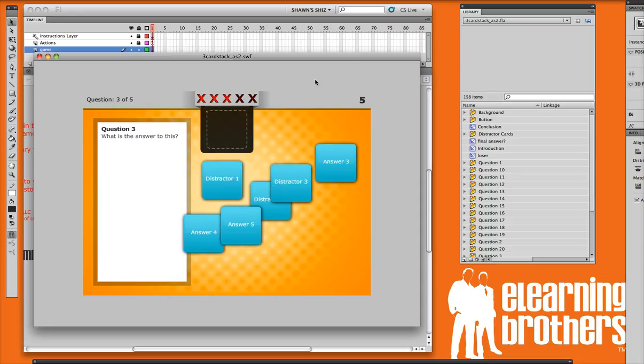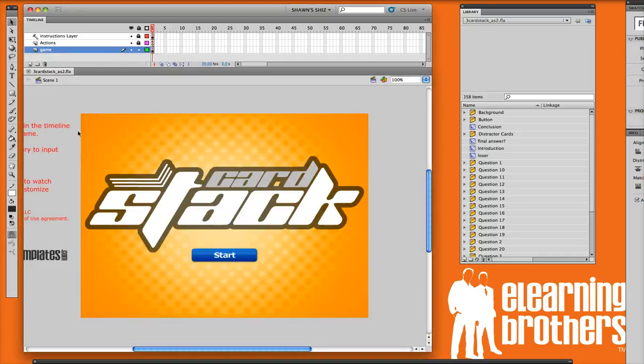Let me go and show you how to make some of the edits to this template, how you can change the number of questions, the number of distractor cards, the number of red X's up here or incorrect options that they get, and also the number of points awarded or taken away for correct or incorrectly answered questions. I've got the template open up in Adobe Flash CS5, and up here at the top on the timeline,